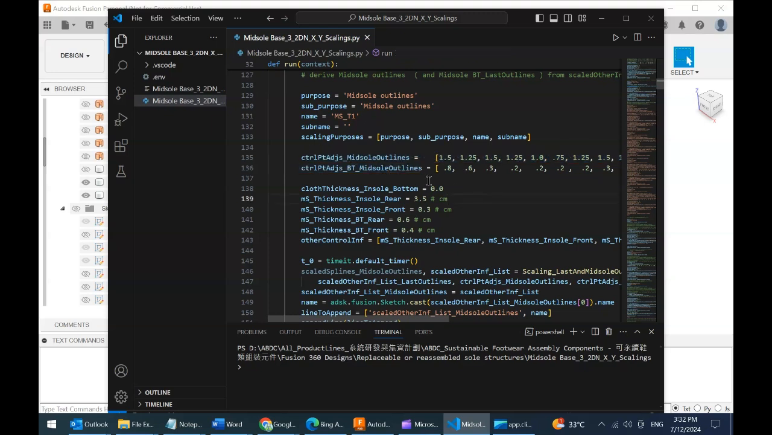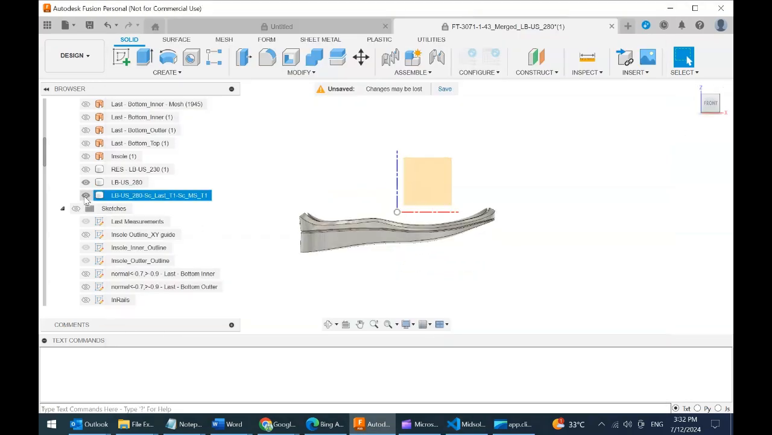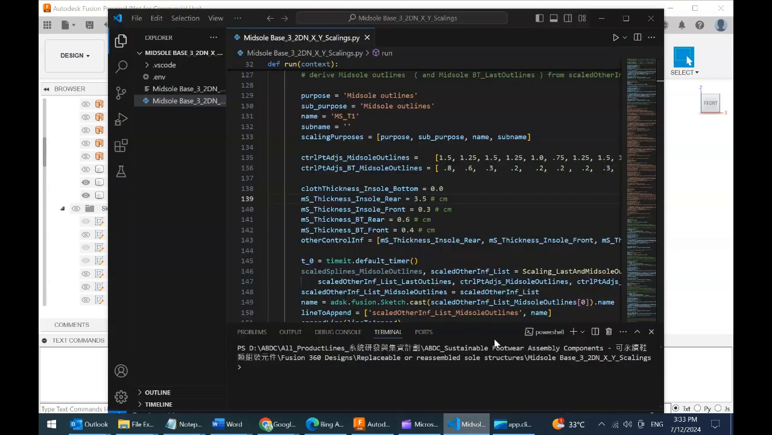And besides these control points, we still need another two control points. One is for the insole bottom thickness. As we can see, the midsole has a thickness, so we need the thickness information. In the front end, the thickness is nearly minimized, and in the rear end, the thickness is maximized, so our shoes can exhibit this forward inclined characteristic. So